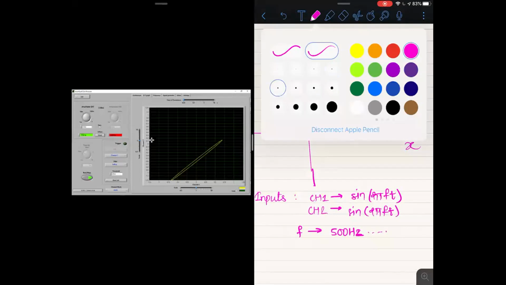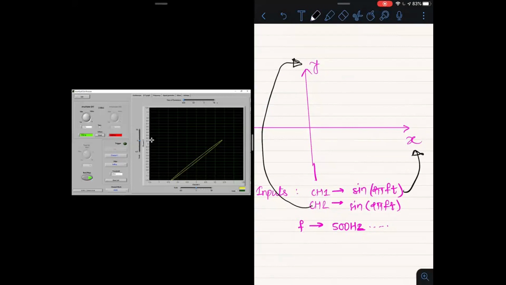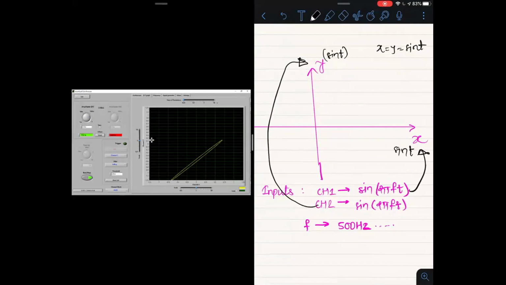In the X axis it will plot channel 1, and on the Y axis it will plot channel 2. If both channels are excited from the same waveform, so X equals Y equals sine t, ideally you should get a straight line.